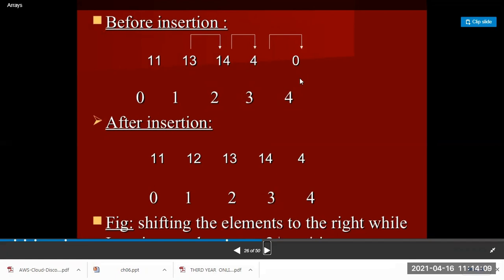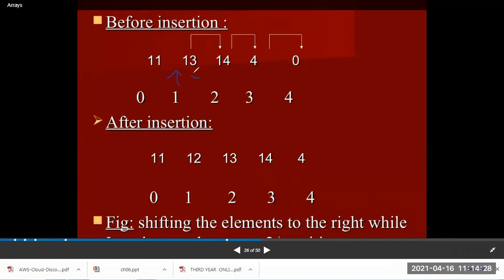After insertion, I want to insert at position 1 the element 12. So when I insert the element at position 1, these elements are shifted one place to the right. First it shifts the 4 if that block is empty, then 4 is shifted here, 14 is shifted here, 13 is shifted here, and then the element is stored in the array. In this way, we have to shift the elements from the right.